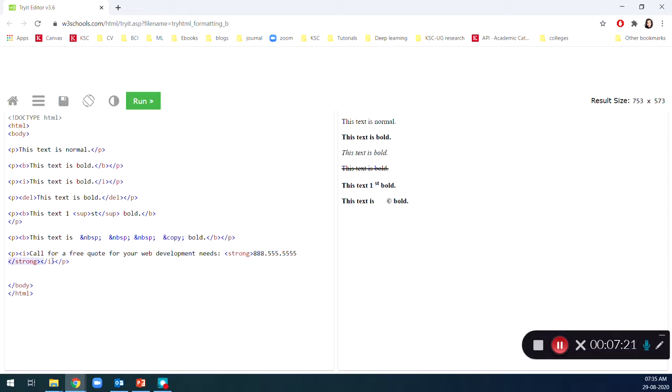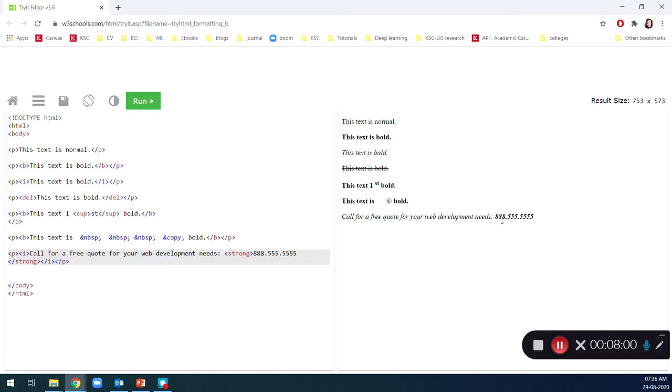All you need to notice is how I am ending all these tags. The last tag that you have used should be the first tag that you close. So strong is the first tag that you have to close, and after that the next tag is the I tag, so you close the I tag. The P is the first tag you created, so you end the P tag last. This is called proper nesting. You have to be really careful when you create nesting tags like this. Let's run it.